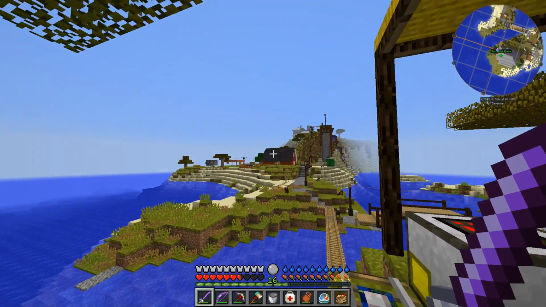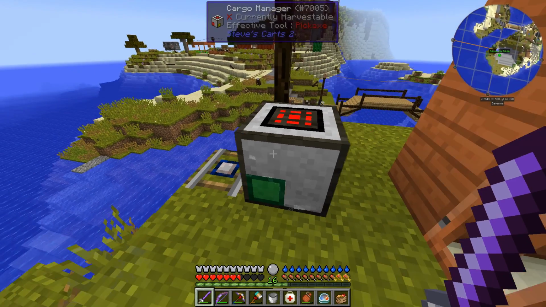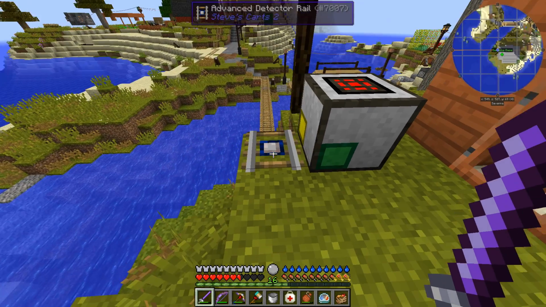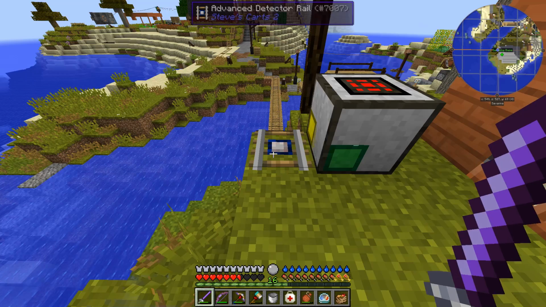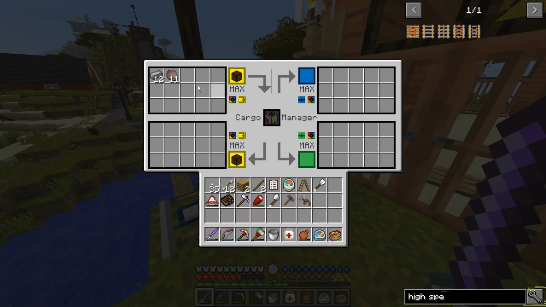So in the last episode, we set up kind of an auto crafting like setup with steel, where we throw our, in fact, I'm making some right now. We throw our iron and coal in here, and our little cart comes and picks it up and drops it off up there. It makes steel for us, and then it brings it back, as you can see here. We're going to do something similar to that in order to make,